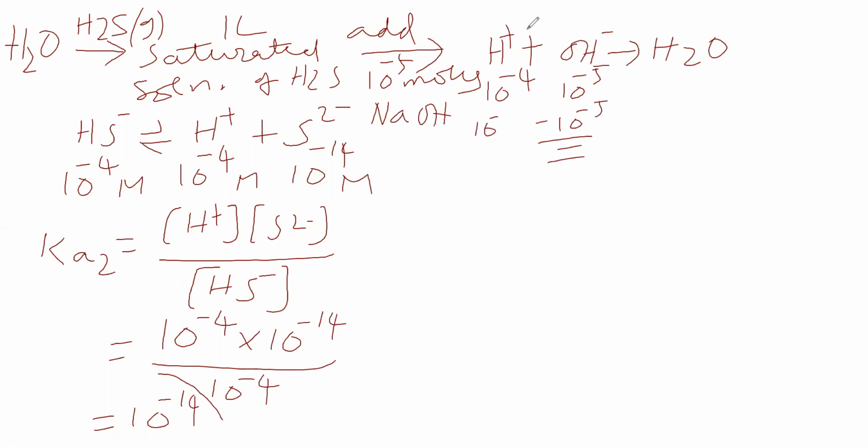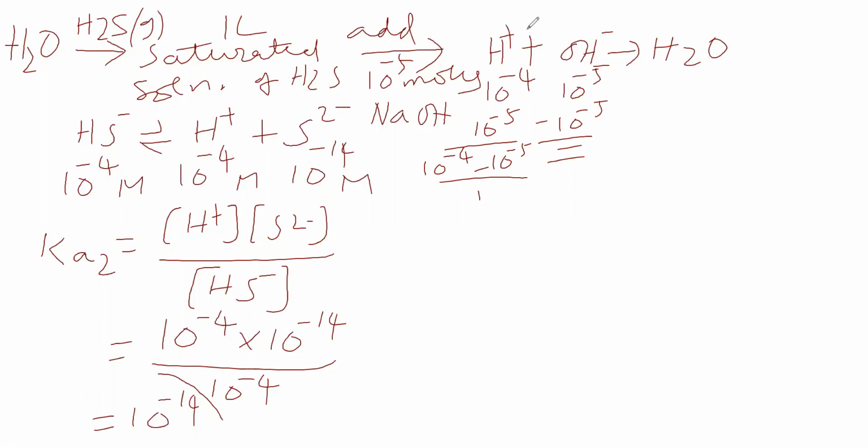H plus reacting is 10 to the power of minus 5 moles. So how much is remaining? 10 to the power of minus 4 minus 10 to the power of minus 5. So water is produced. Now we will see whether, due to addition of sodium hydroxide, the system equilibrium is affected or not, for which let us